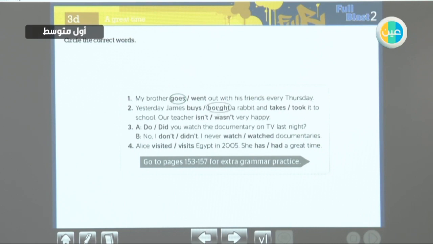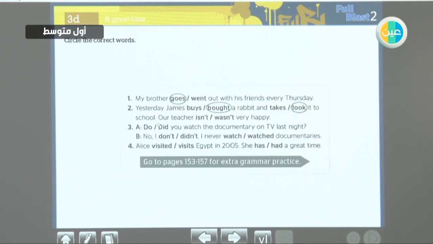And you can make sure from the list of the irregular verbs on page 96. Continue. So yesterday James bought a rabbit, and we are going to continue the same sentence in the past. Yesterday, he takes or took? Which of them is the past? Yes, yesterday James took it